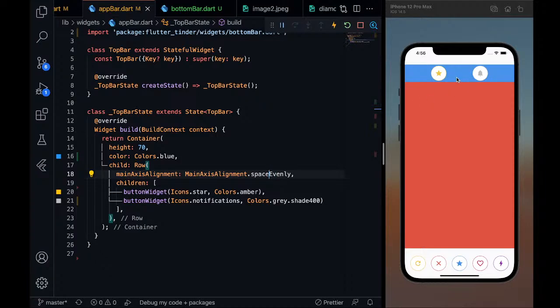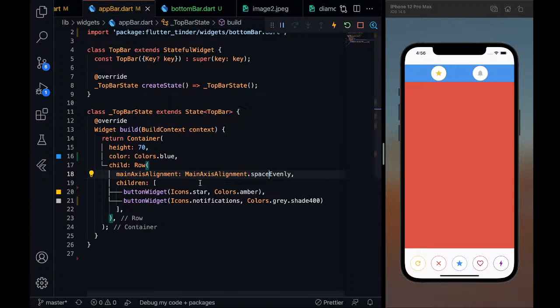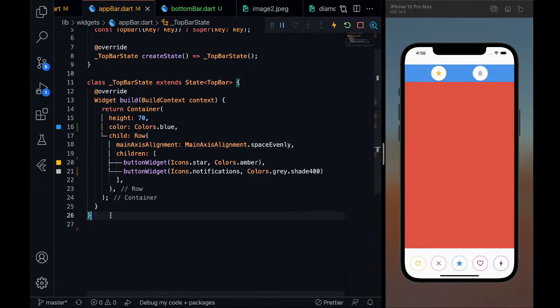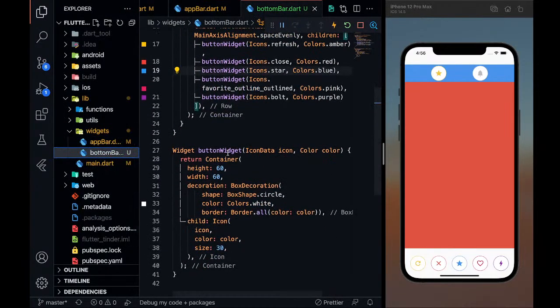Now I want a Tinder logo in between, and I want one more, that diamond kind of button, that is buy their premium plan or upgrade the Tinder plan, such kind of that, right? So let me just do that. For that, you know that I have created a button widget, right? So now what I'm going to do is, in the app bar, I'm going to create